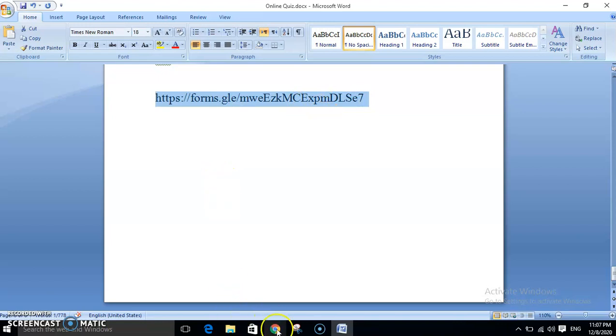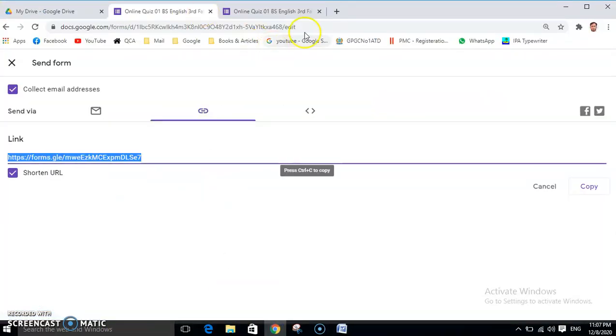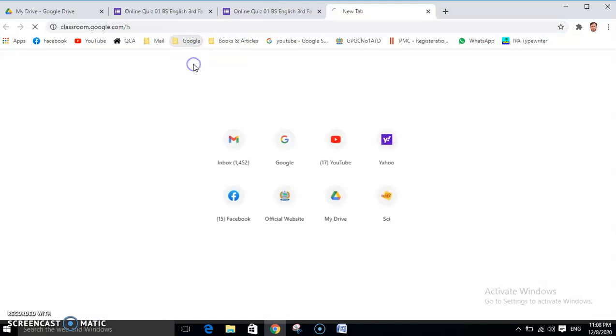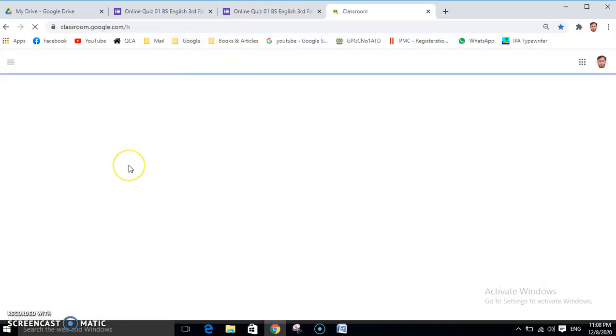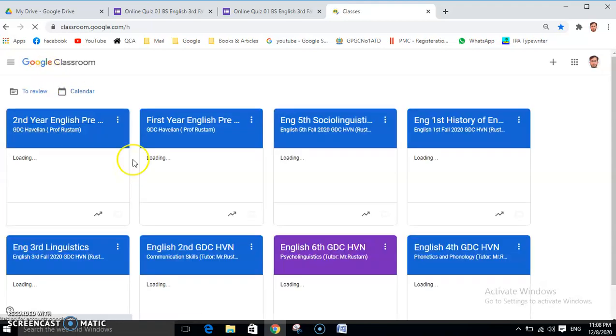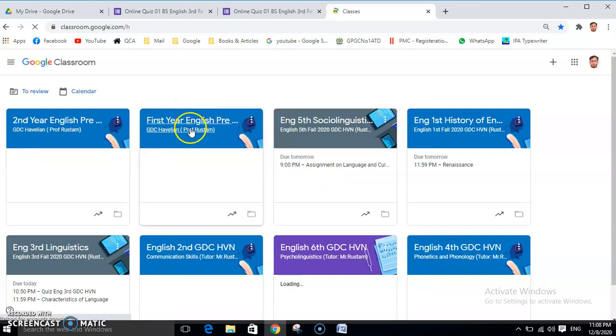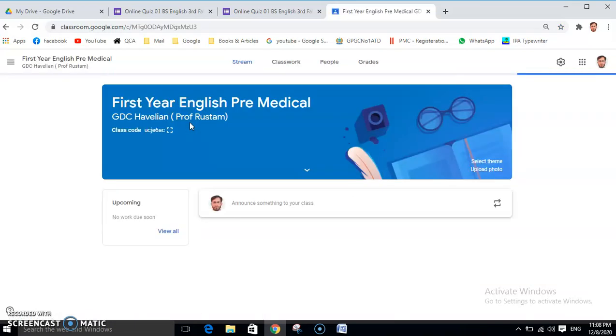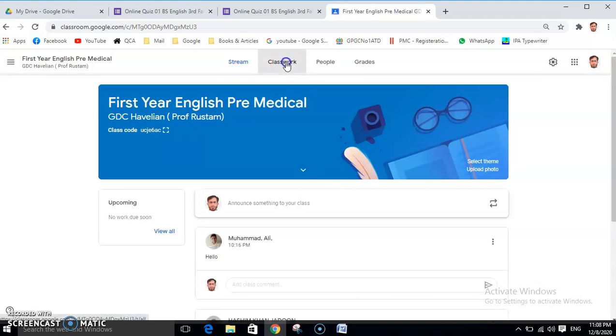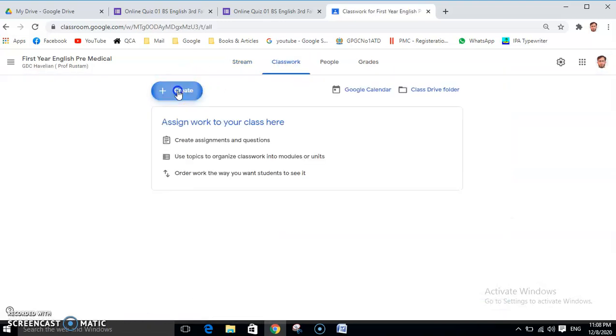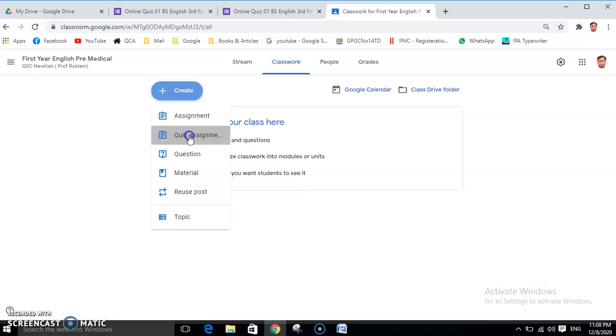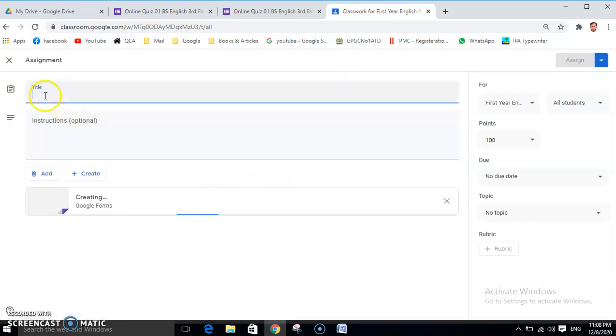The second option is that you can go to Google Classroom, if you are running one. I have a Google Classroom like this, so I can quickly go there. I've got 3 minutes left. Let's say this class is first year English, actually it is third year English. Quickly go to your classwork, create, quiz assignment, and then give it a title.